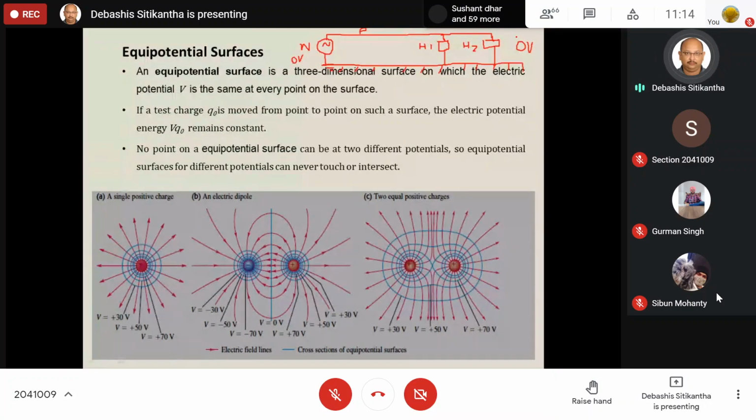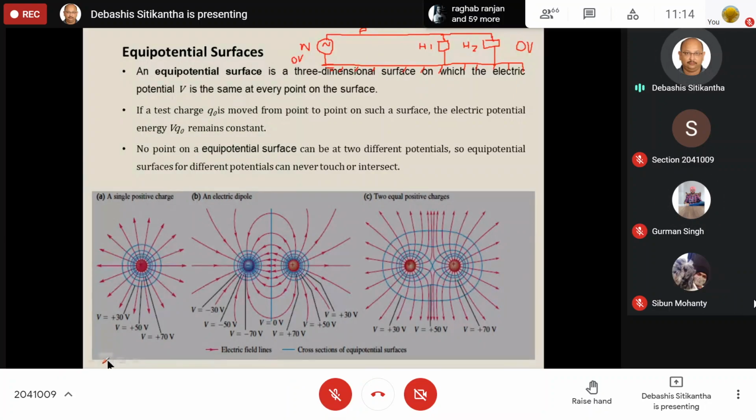That means anywhere on the earth, whether it is in India or in Japan or in Canada, wherever you go, the earth itself is going to behave like an equipotential surface, because everywhere the potential of the ground or the earth is considered to be 0 volt. Okay, is it clear to you all? Yes, or is there any doubt? A very simple thing.